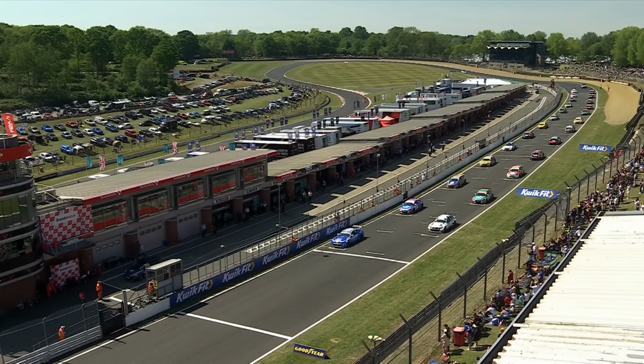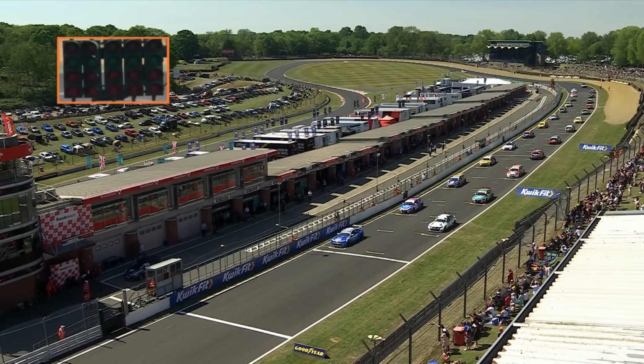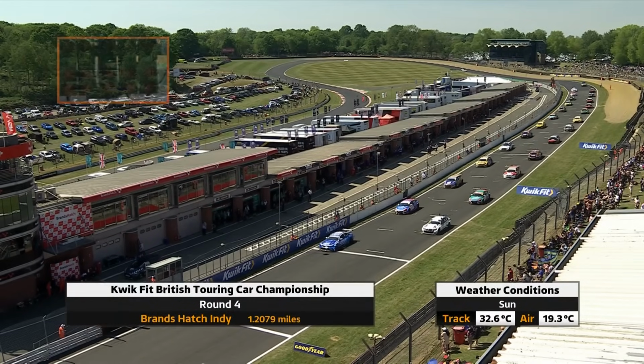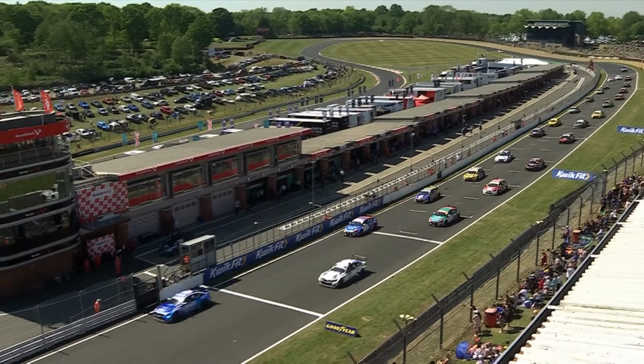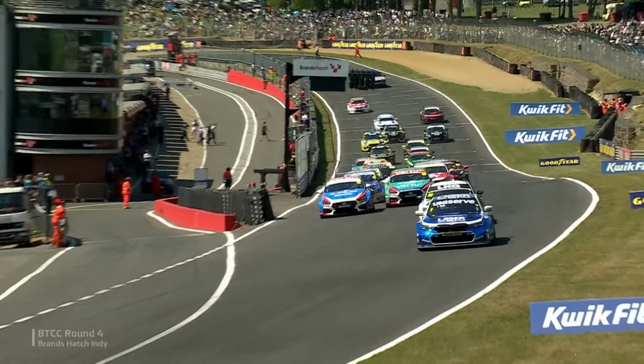So, it is round 4 of the Quick Fit British Touring Car Championship. It is a hot, sunny day at Brands Hatch. It is a resurfaced track in part. The red lights are on, and we are racing with a great start made by Jake Hill, who is away like the proverbial stabbed rat to lead up towards Paddock for the first time, with Charles Rainford getting a good